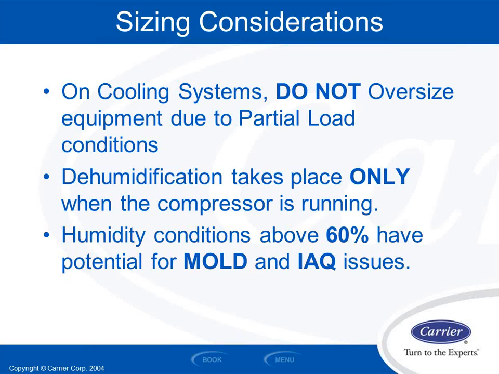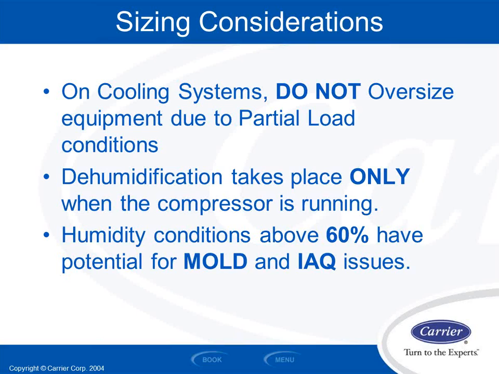But dehumidification does take place as a byproduct of us cooling the air during a regular cooling cycle, right? So when I first turn my air conditioner on at my house, let's say, my compressor runs, I start getting that cooling effect. The temperature of the refrigerant coming to my indoor evaporator coil is dropping, right? And it's dropping and it's cooling off my air. And at first, when I first turn my air conditioning system on, I don't see any moisture coming out the condensate line off my evaporator coil. But after it runs 5, 6, 7, 8, 9 minutes, whatever it is, I start dropping the air temperature going across that coil down below the dew point, which means it's 100% saturated and can't hold any more moisture. And that moisture condenses on the coil surface and then drains down the coil and into the pan and out